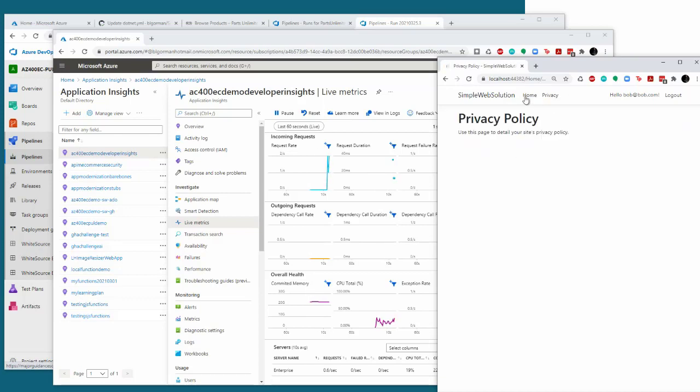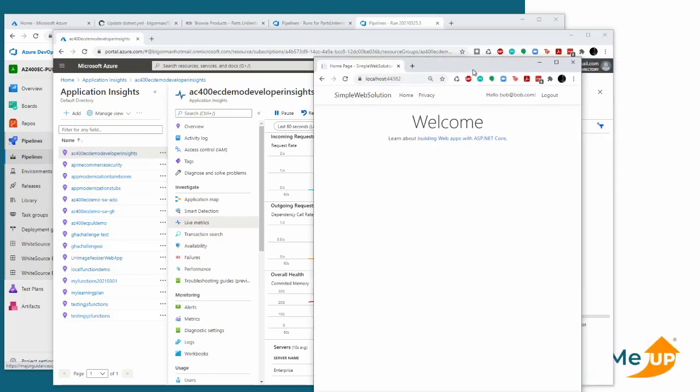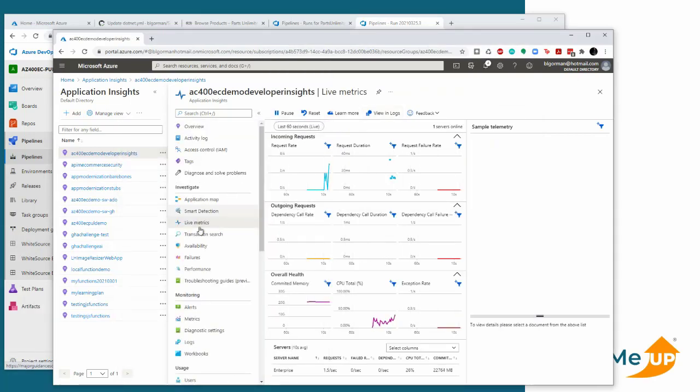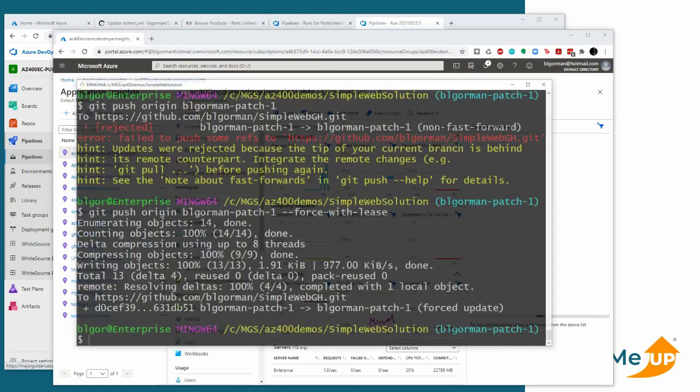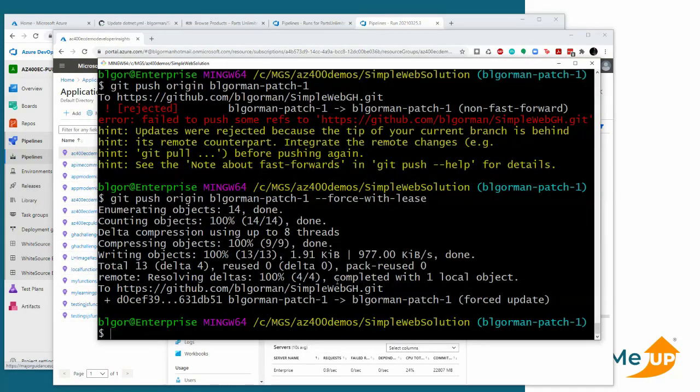So even though I'm local, I'm tracking it. But the cool thing is now that I have application insights installed on my app, I can push this out to Azure DevOps and to GitHub, and their pipelines should trigger and then should deploy, and then I should have them at Azure Web Apps. So let's go ahead and get, let's see, so this one,